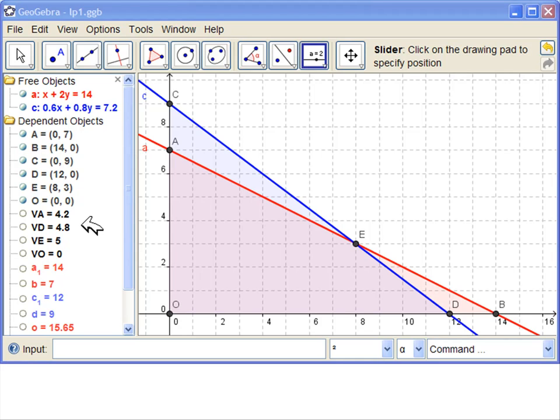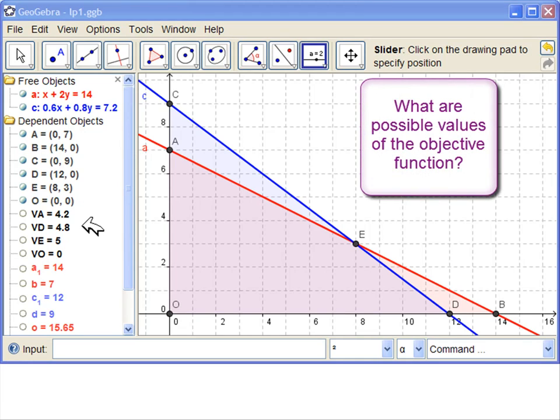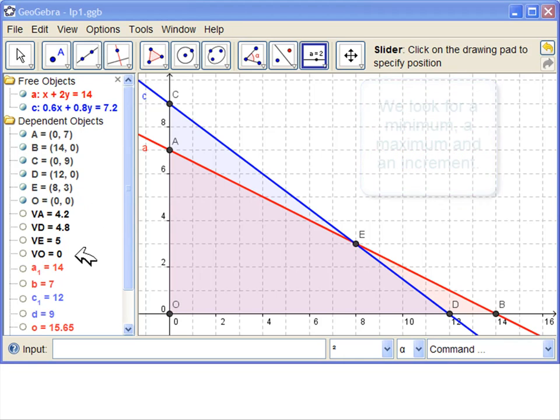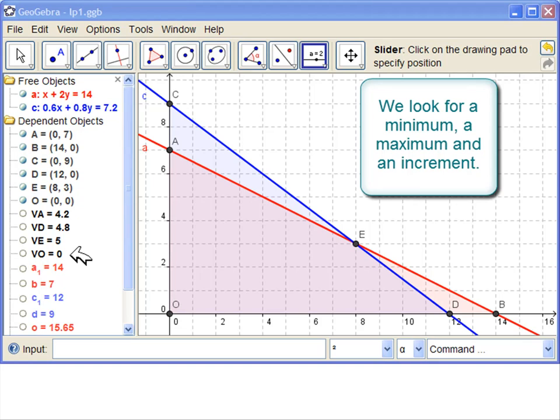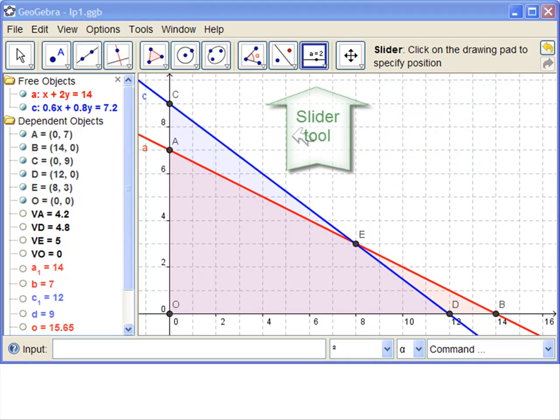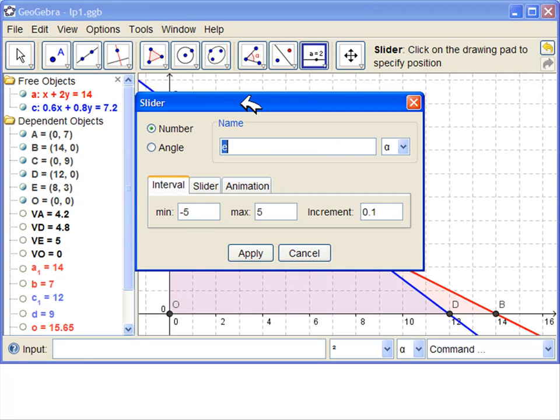that objective function. The first thing we need to know is what are possible values. Well, we have some possible values here. Our minimum is 0, and for sure it can't go below 0 because it's a real problem. We see our maximum is 5, but let's go a little bit above that. We'll say 10. And we see that our numbers have 1 decimal point, so we're going to let our increment be 0.1. So we go to our slider tool, and we click somewhere in the drawing pad, and we're going